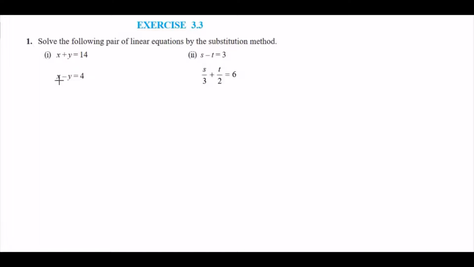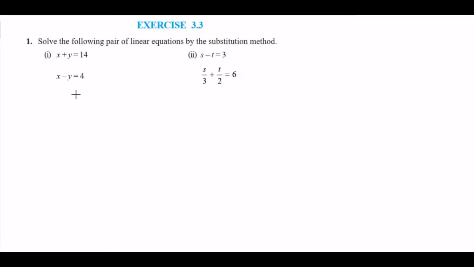And you have learned that by comparing the ratios, you can determine whether this pair is going to give you a unique solution, infinite solutions, or no solutions. So here, let's compare and see. Here a1 by a2 is 1 by 1, and that is not equal to 1 by minus 1. a1 by a2 is not equal to b1 by b2. That means this pair of linear equations has a unique solution. That is, when you use the substitution method, you will get unique values for x and y.